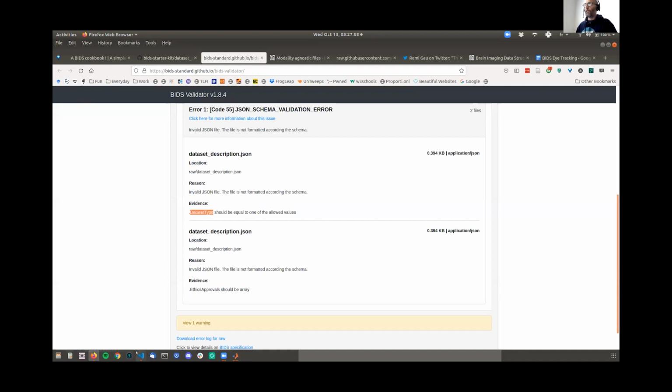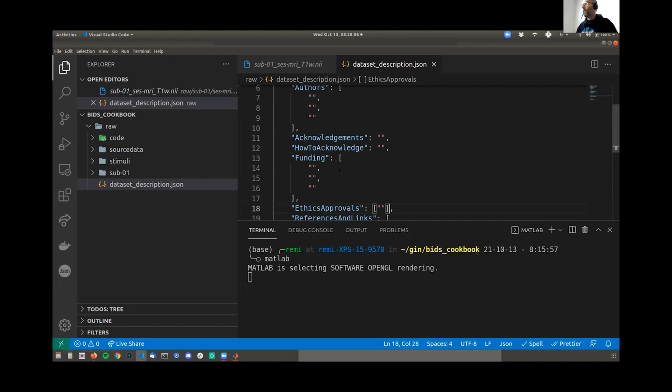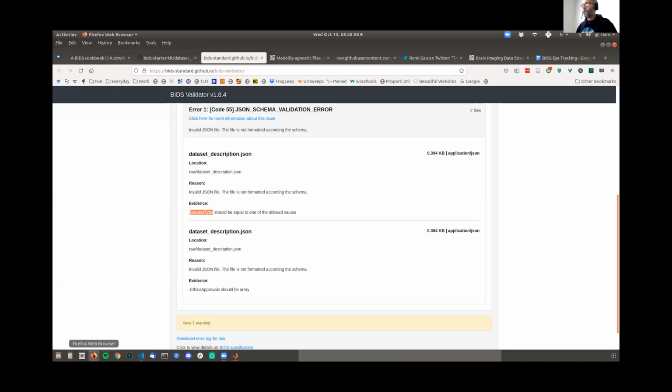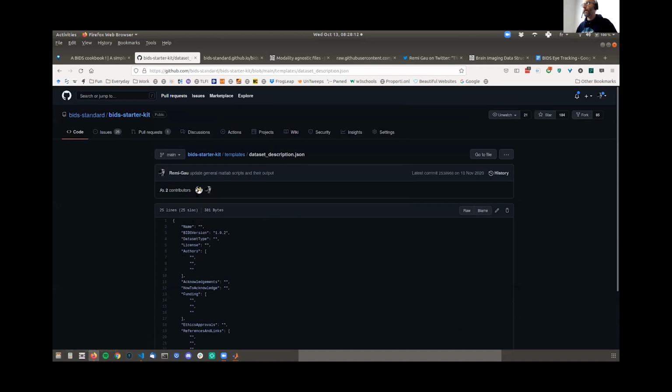Oh yeah. Well, one thing I'm gonna do right away as well, just so that you know how to do it as well, is that I've just used a template that came from the BIDS starter kit, and obviously that template is giving me errors.